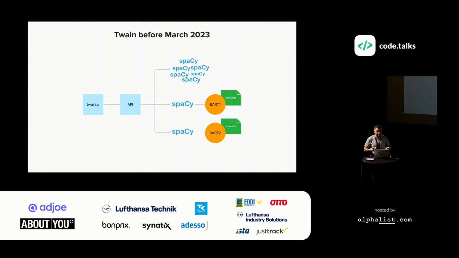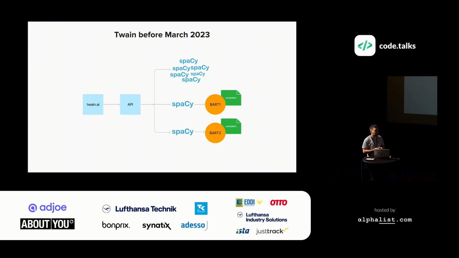The first version of Twain was like this. With this crazy amount of rules, we were just detecting problems in text, like weak words, for example, "I'm happy to," and we were proposing to remove them from the text. But very soon, we understood that it's not enough. For instance, a very bad way of writing is to write really long sentences. We realized that just detecting such sentences and proposing that the user shorten them is not enough. We have to generate shorter variants of these sentences.